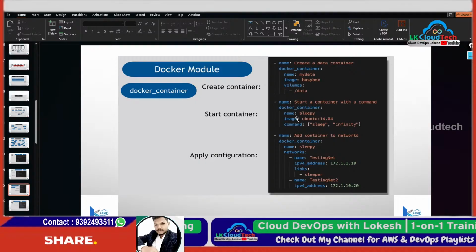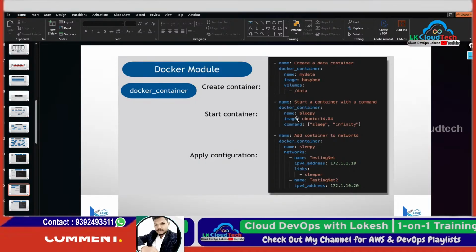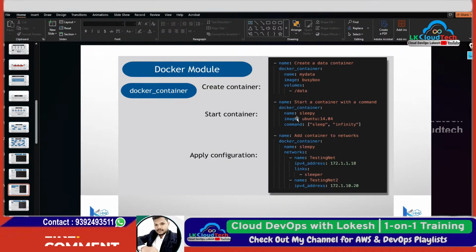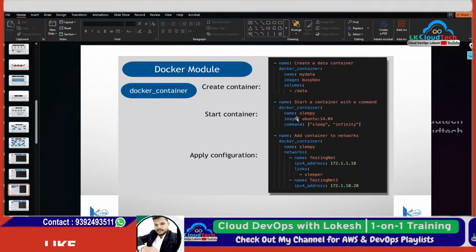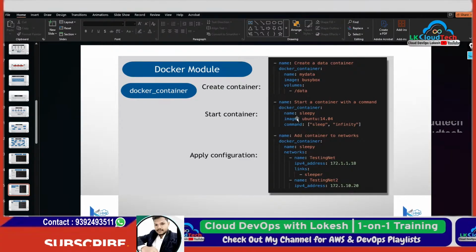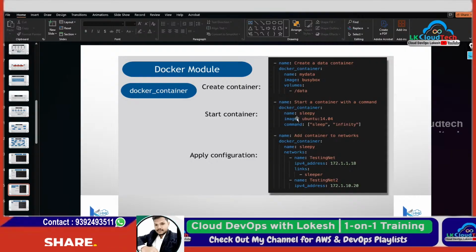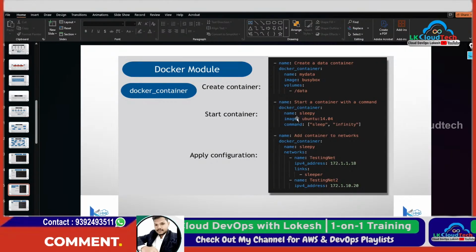Rakesh, what is Docker file? That's okay, that's okay. I'm not asking what it is actually. We also used YAML scripting, that is also